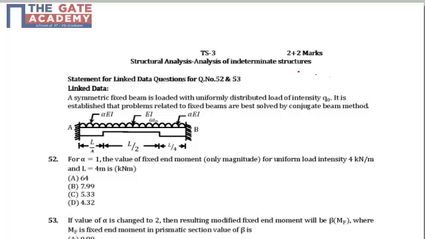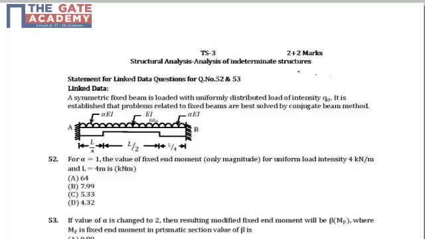So in question number 52, it is given that there is a non-prismatic section, because alpha EI in one portion and EI in another portion. But question 52 puts the value of alpha as 1, making the section prismatic, because the entire properties now will be EI for the cross section. So for question number 52, it is asked what is the value of fixed end moments for a load intensity of 4 kilonewton per meter and a span of beam of 4 meter.